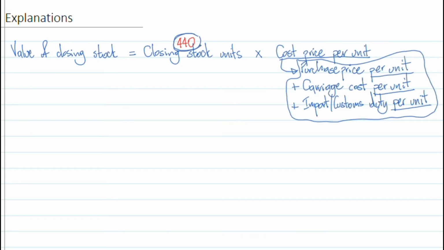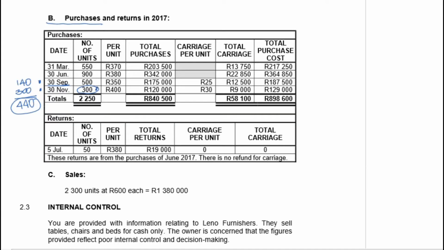Now that we've allocated our closing stock units to the last purchases, let's determine the cost price per unit for each date. For the 300 units of closing stock, which we assumed was purchased on 30 November, the cost price per unit is going to be the purchase price per unit